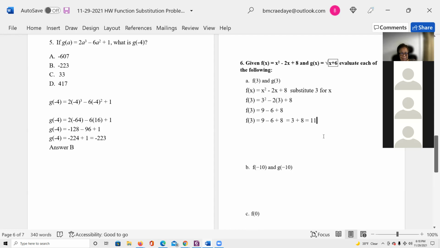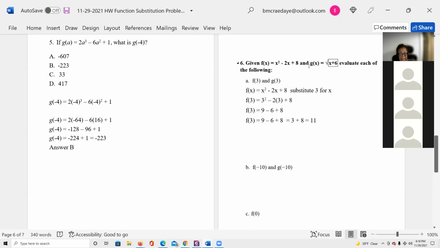Audrey, explain how you get 11. And add the 8. 9 minus 6 is what, Latoya? 3. And 3 plus 8, oh, 11. Okay, so f of 3 for f of x equal x squared minus 2x plus 8, that value